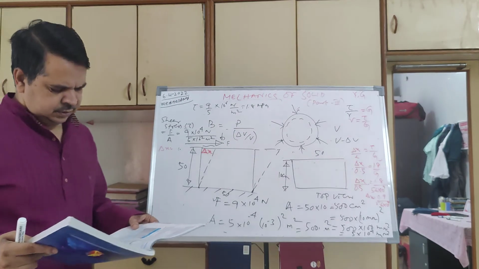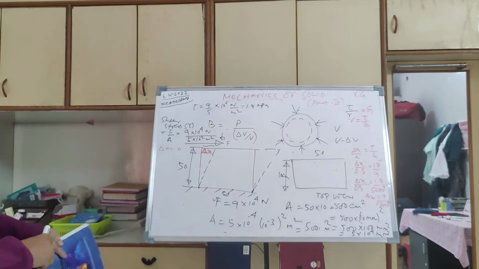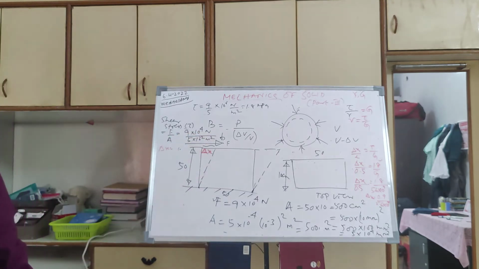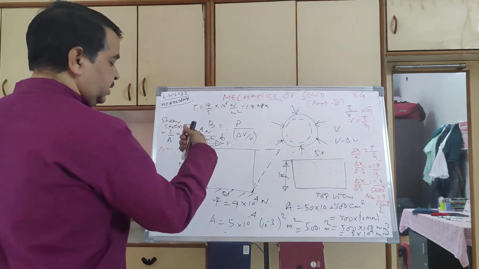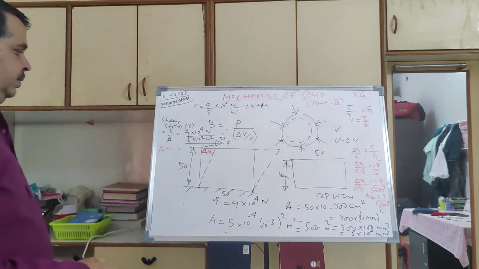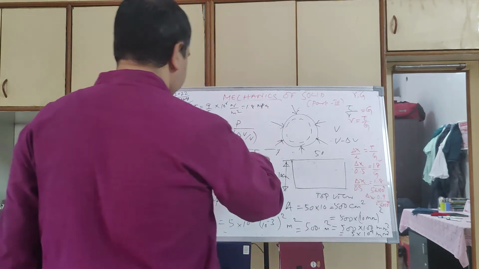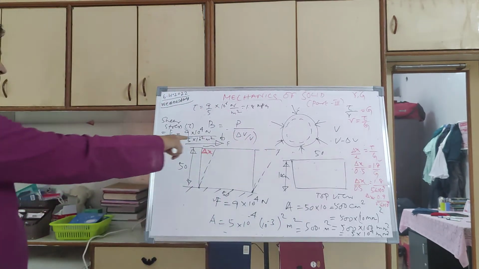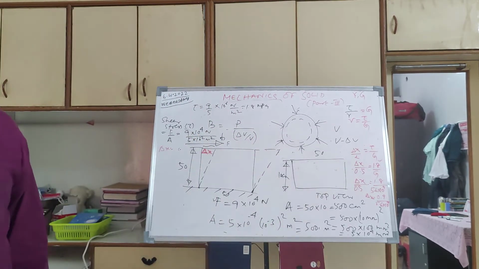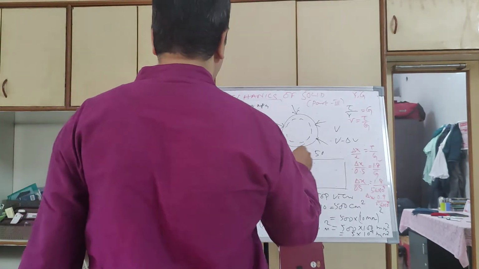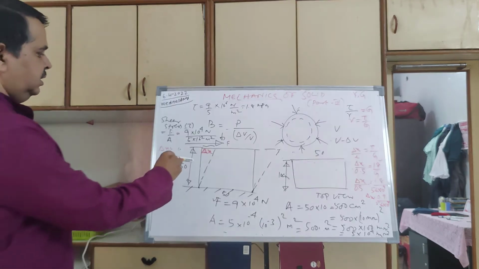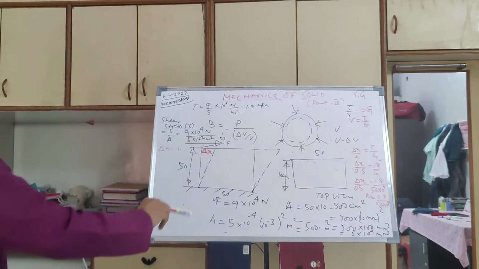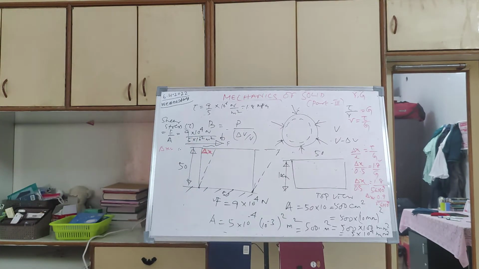Using rigidity modulus, you are applying a force parallel to a lead slab, which is 10 centimeter depth perpendicular to the plane of paper, but 50 by 50 in this direction. Depth is 10. So the area on which the force is acting is 500 centimeter square. If we are applying a force of 9 into 10 to the power 4 Newton,